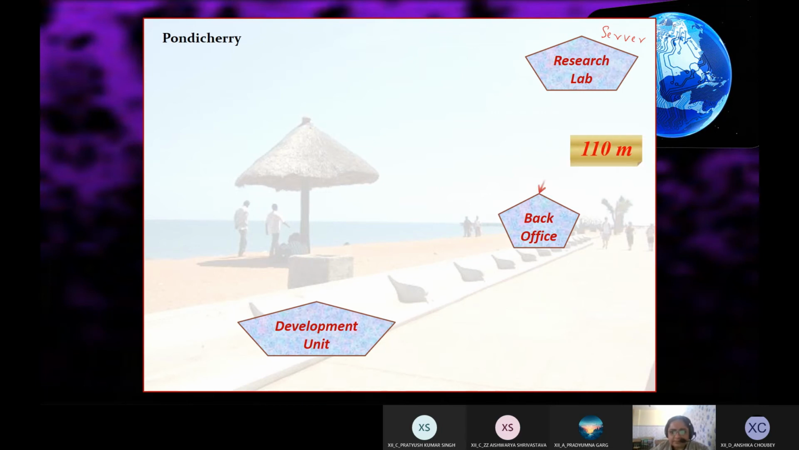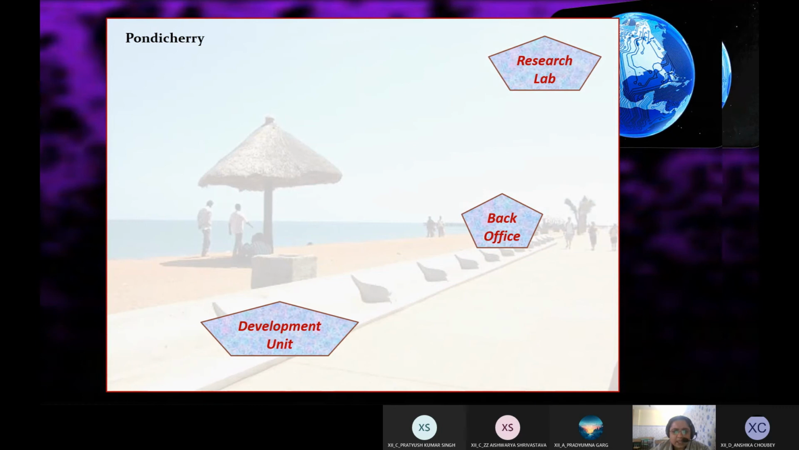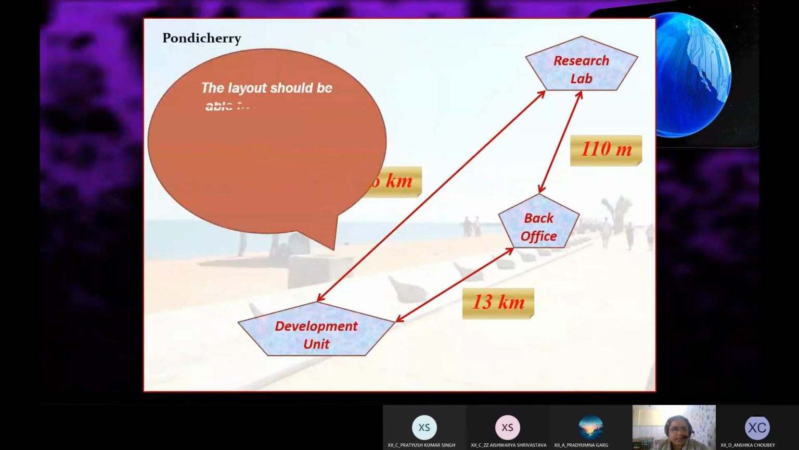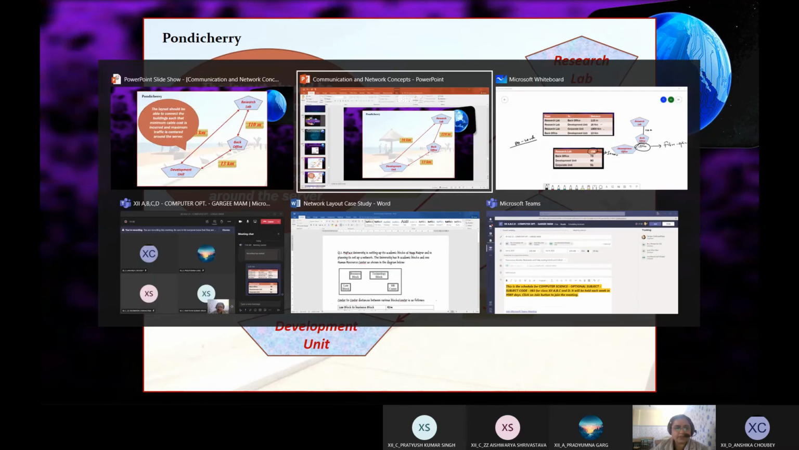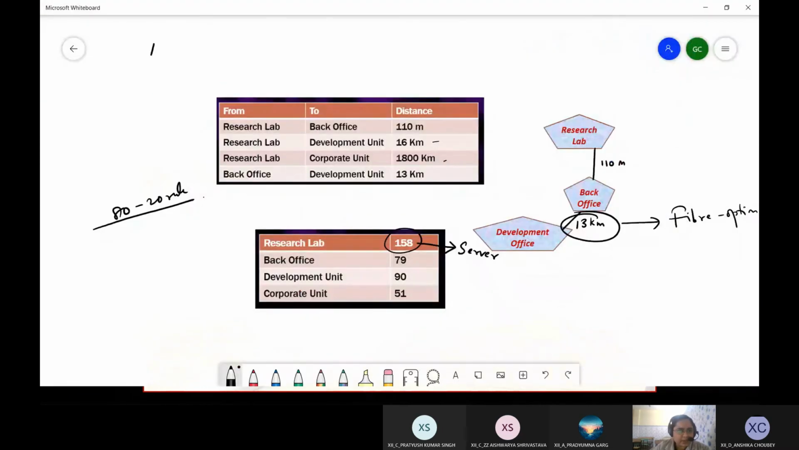First, research lab, 16 kilometers. This is 13 kilometers, right? Now, the layout should be able to connect the buildings such that minimum cable cost is incurred and maximum traffic is centered around the server. 3 points are there which you can take one at a time also. Like first point is